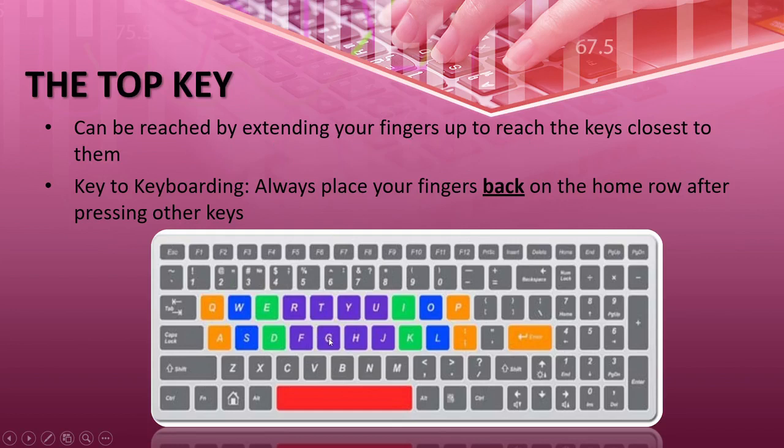For example, we are here, the G. It is the part of the left hand side, right? G is a part of the left hand side. So we put here our first finger to G. Now I want to press the Y, or say U. I want to press a U. After G, I want to press U.